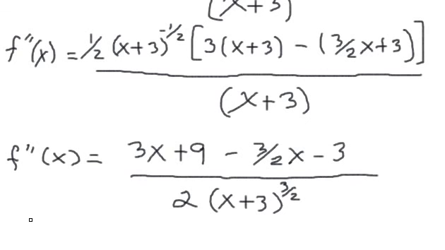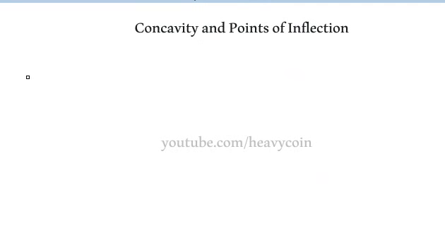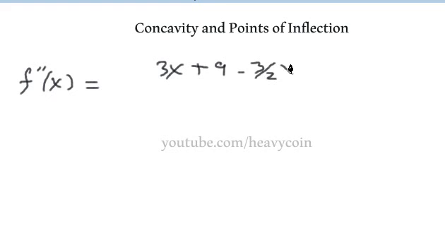Okay, I've run out of canvas. I'm going to have to jump to another screen now. Alright. Okay, so I'm going to have to rewrite this stuff here. F double prime of x is equal to 3x plus 9 minus 3/2 x minus 3, and of course we're going to have to simplify this down, so I'm trying to keep from